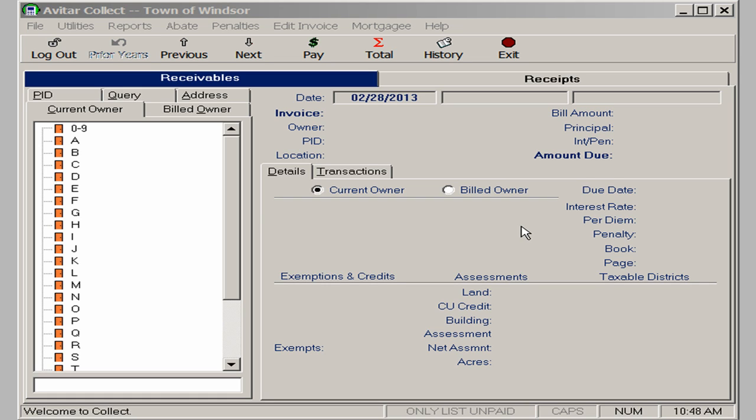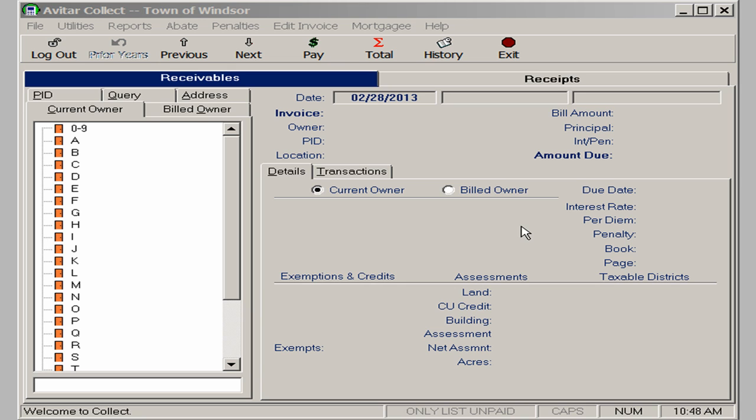In the last update that went up, we added the ability to modify or delete an entire receipt or an individual transaction made in the prior fiscal year, but only if you had not purged your paid receipts. And this can also only happen if you call us at Avitar so that we can log in and do the process for you. So to begin, I want to start by just giving a brief overview of deleting receipts